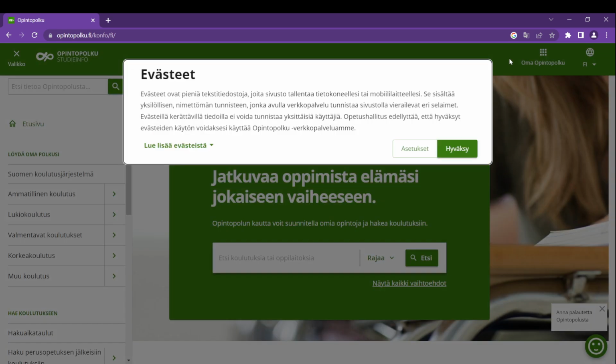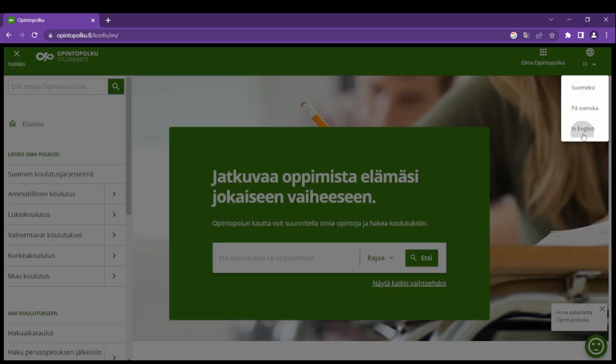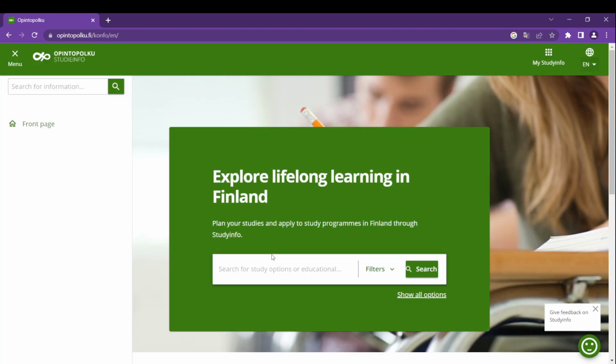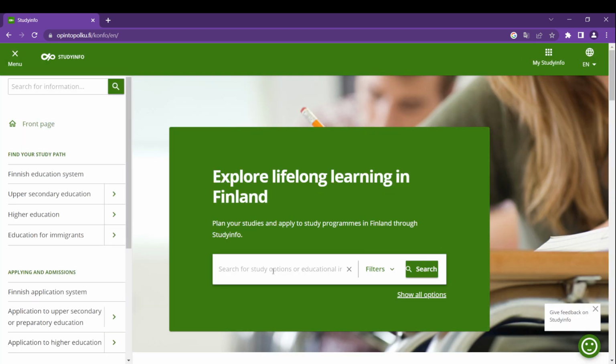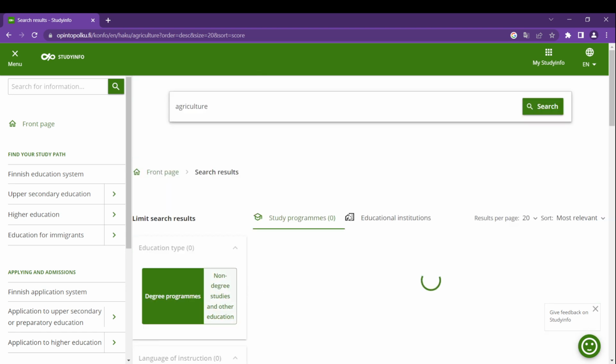So change language to English. In English, and then here you will write your program name. For example, if you are looking for a program in agriculture, you can write that, and all the programs that are related to this keyword agriculture will open,